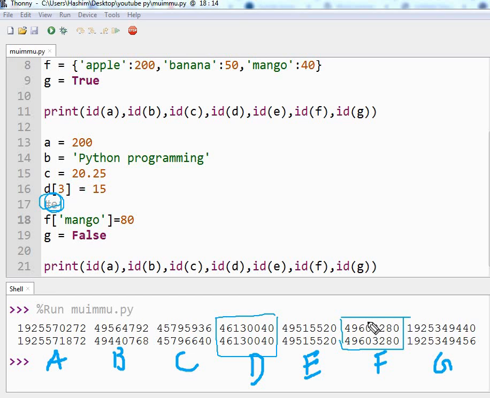So we can say that the dictionary is also mutable. And finally our Boolean, in which you can see that the address has changed, so it is again immutable. So list and dictionaries are mutable and the rest are all immutable.